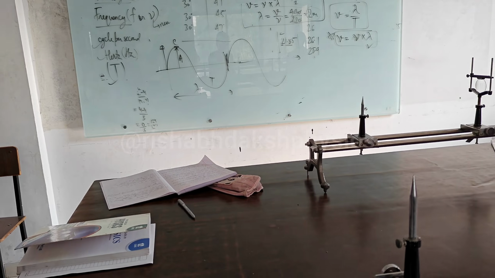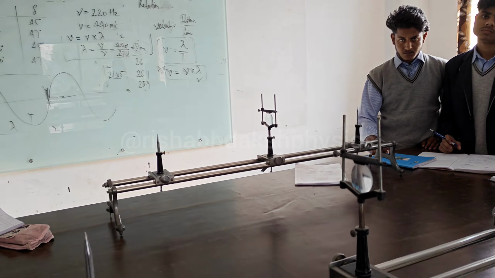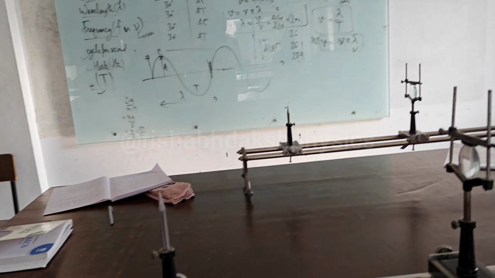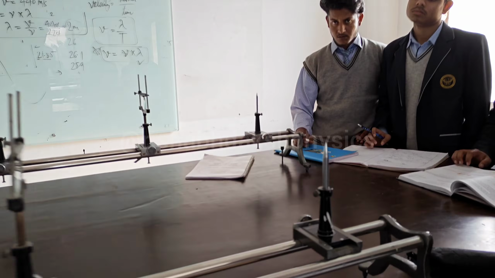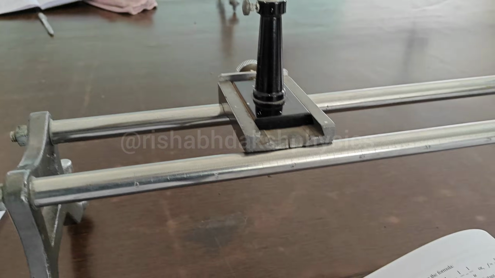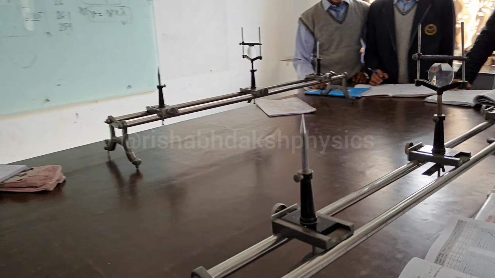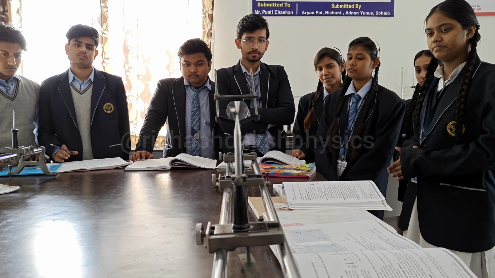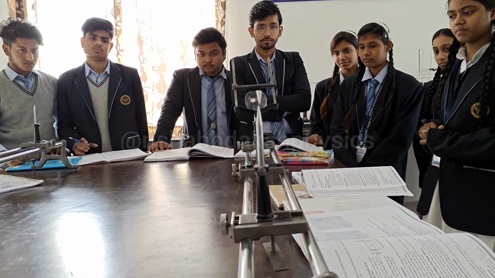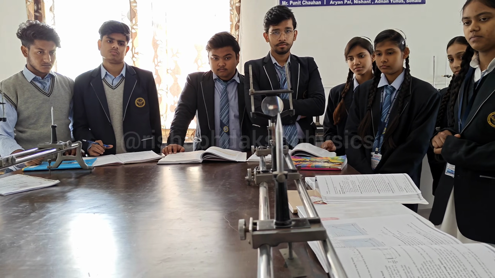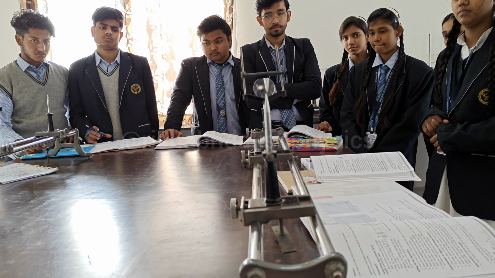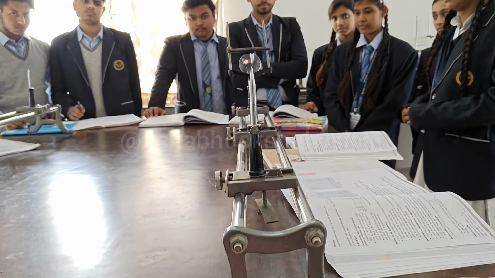The readings can be adjusted by performing these steps. You can simply confirm that the lens should be at 50, and the image should be somewhere at 90. There it is 91. Okay. After taking the object at 10, you find that the object is not moving anywhere, but you can adjust the image needle also. Now you can see the image just above the object needle. If I move my neck left or right, the image stays just above the object needle. This is the confirmed reading for this experiment.